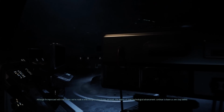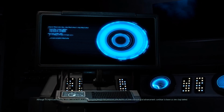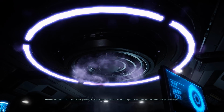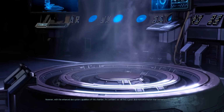Although I'm impressed with the strides we've made in infiltrating the alien psionic network, the depths of their technological advancement continue to leave us one step behind. However, with the enhanced decryption capabilities of this chamber, I'm confident we will find a great deal more information than